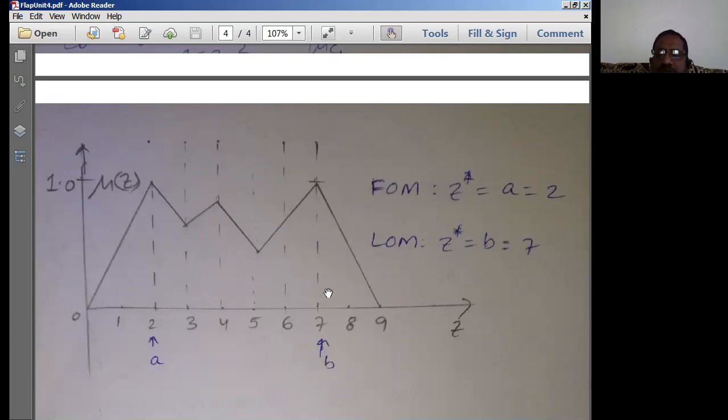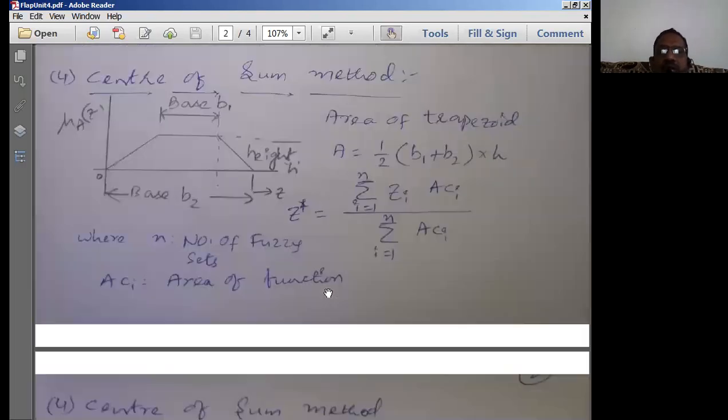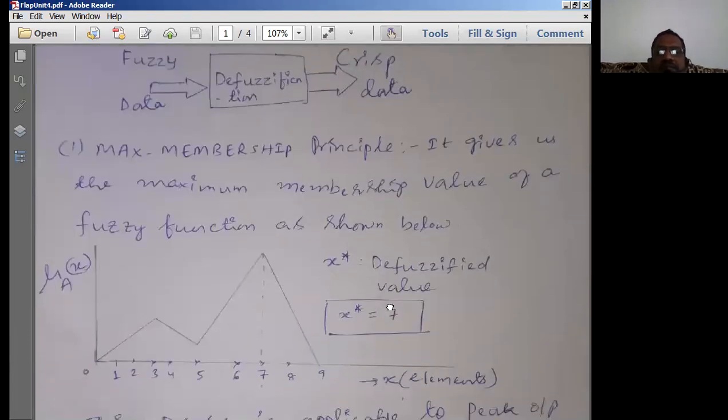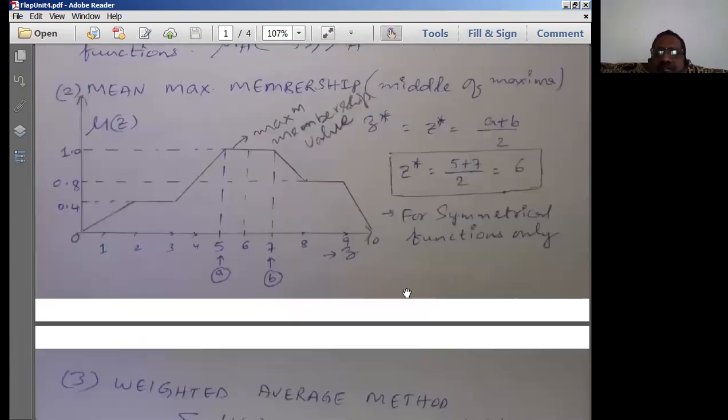We are left with one more method, the last method, that we will discuss in the next session. So please try to practice these methods. Put together, we have 6 methods altogether. With these 6 methods, we will complete unit number 4. That means to complete unit number 4, we require one more session. And some small portions are left over in unit number 3, like inference. After we complete the inference in unit number 3, we will jump on to unit number 5, after completing unit number 4.